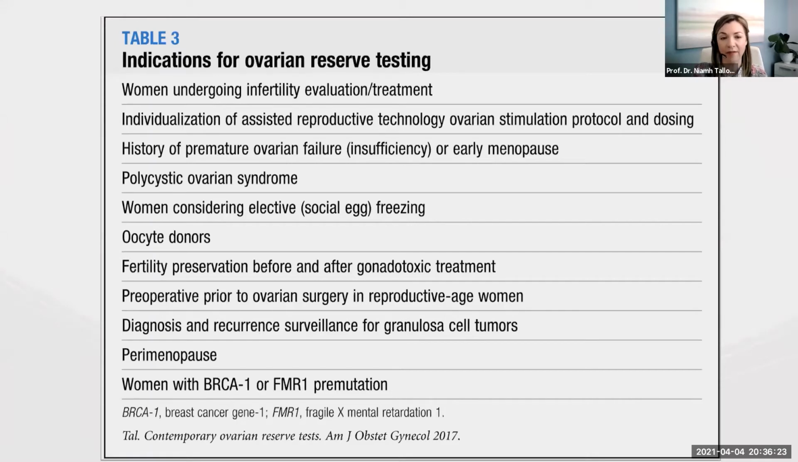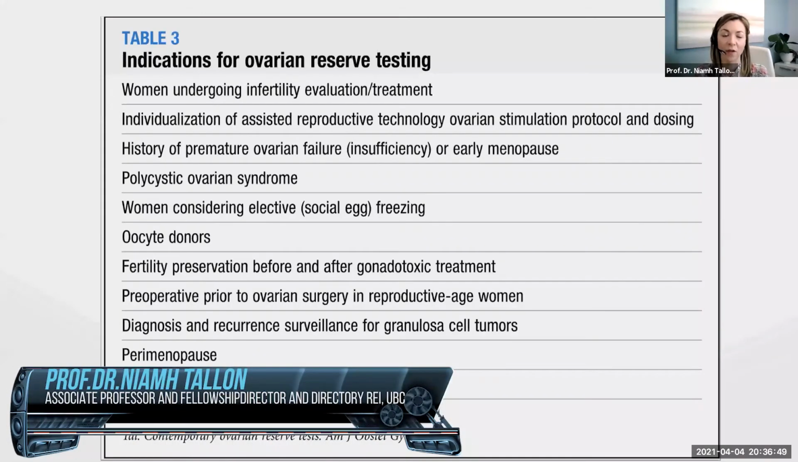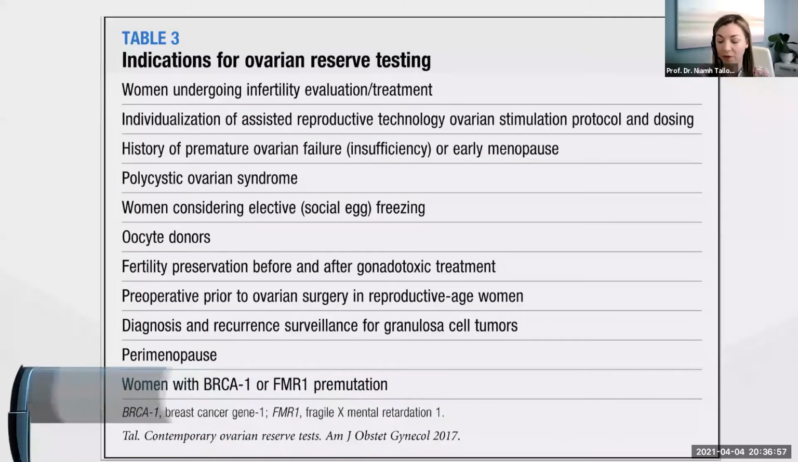In those who have premature ovarian failure, insufficiency, or a family history of early menopause, this can help them early in life to set the stage for perhaps how they want to plan their reproductive life. For women with polycystic ovarian syndrome, not that AMH is considered a surrogate for making a diagnosis, but it's certainly very common to see women with PCOS having a very high egg reserve, and that falls into the Rotterdam criteria